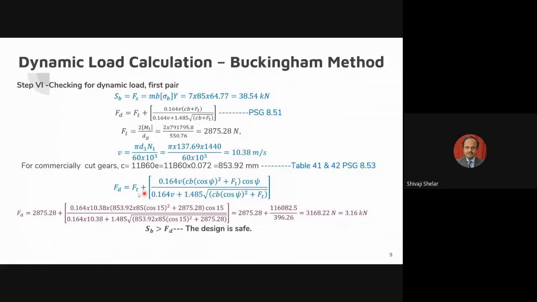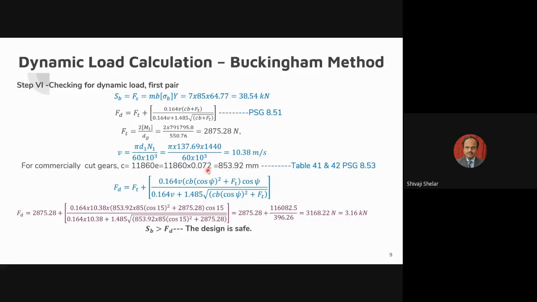And in this formula we require F_T. So F_T for gear is equal to 2 M_T upon d_g. Since we are doing the calculation for gear, we are taking diameter of gear here. So torque on gear upon diameter of gear into 2 will give you the tangential force as 287528 Newton. Then speed, it's a pitch line velocity, whether you calculate from input shaft or from intermediate shaft. Since it is for common contact point, it will be the same. So I am calculating from input shaft, that is pi d1 n1 upon 60,000. So this value comes as 10.38 meter per second.